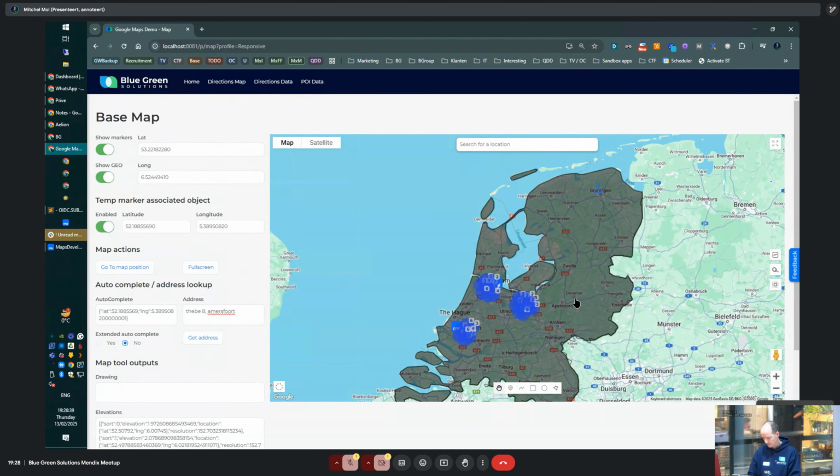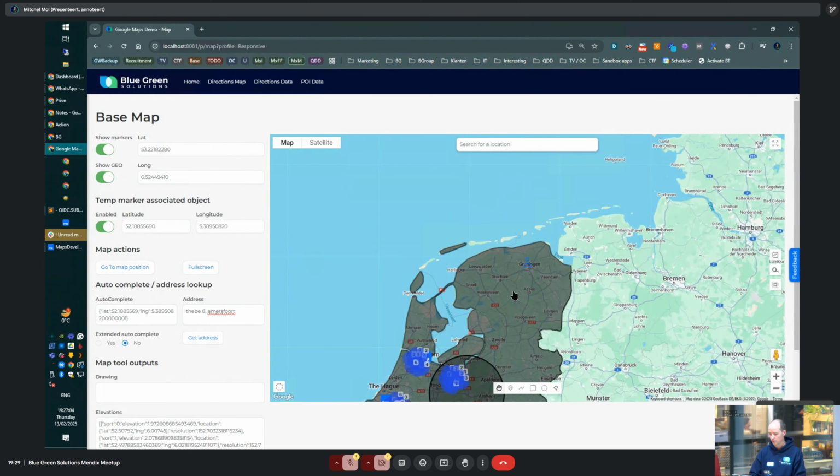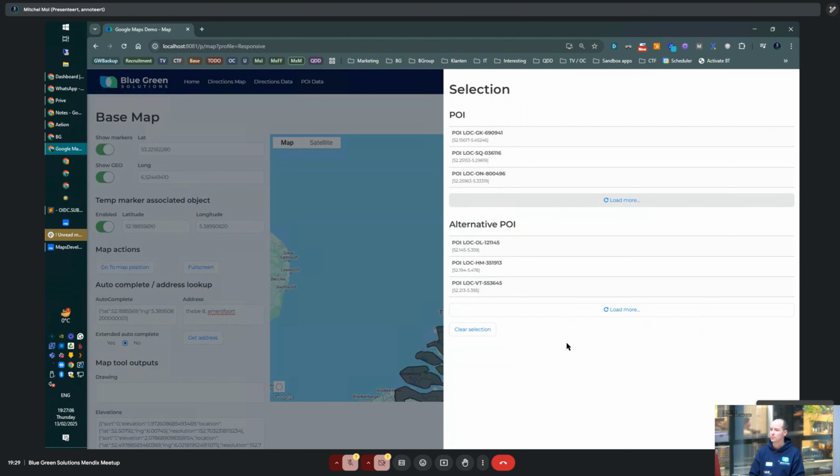That's 8 centimeters, guys. So if I click on the KML file, in this case that's been rendered over all of the Netherlands, I just specified an actionable event, and then it, in this case, just shows me the dialog. But you could put anything behind this. If I want to know which exact markers are in here and I want to do something with it, I can also select them, and it gives me back the exact marker items, which are just Mendix IDs that you get back because these were loaded from the database.